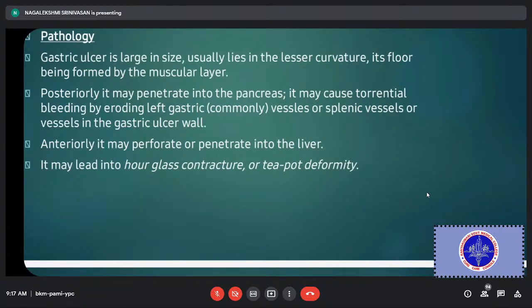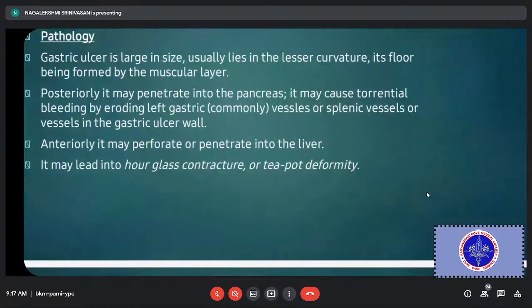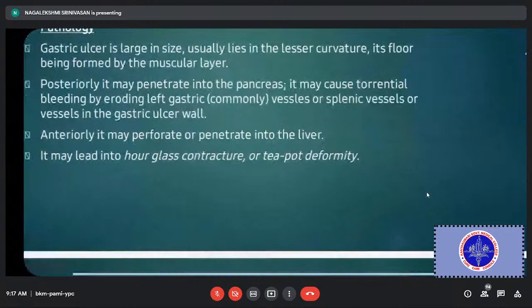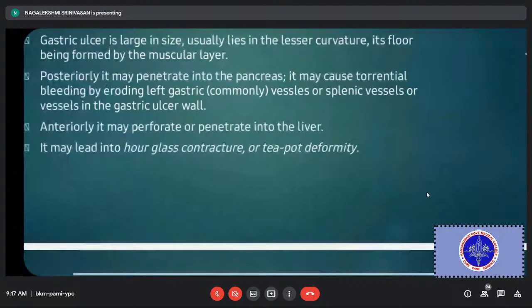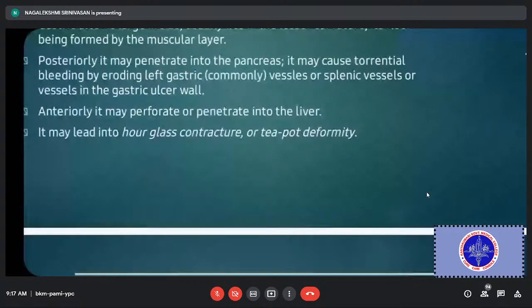So what is the vascular supply of the lesser curvature? It is supplied by the left gastric artery, and the greater curvature by the gastroepiploic vessels. They send multiple branches inside the stomach. Vertical branches are there. So wherever the ulcer site is, the underlying posterior ulcer usually bleeds, and the anterior ulcer perforates. This is a common question we'll be asking on the clinical side. Anteriorly, the ulcer can go for perforation, and that can even penetrate into the liver. Posteriorly, it will go